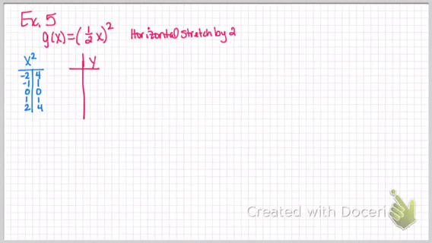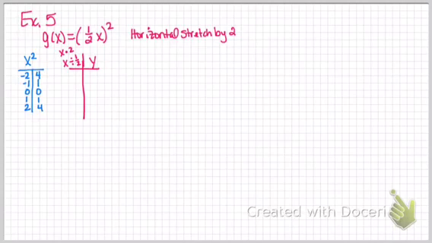But that 1/2 does affect the x. How? It says 1/2 times x, but remember x always is the opposite, so we're not really multiplying by 1/2. What's the opposite of multiplying? We're dividing by 1/2. Now sometimes we don't like to divide with fractions, so remember dividing by 1/2 is the same as multiplying by its reciprocal, and the reciprocal of 1/2 would be 2/1, so really we're just going to multiply by 2. And that's why we wrote over there it's a horizontal stretch by 2,